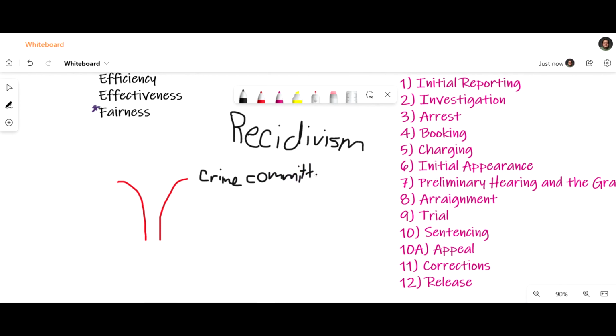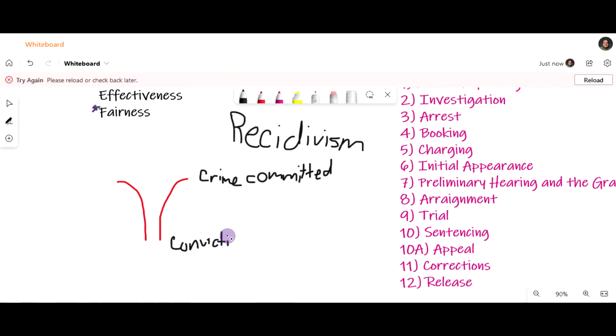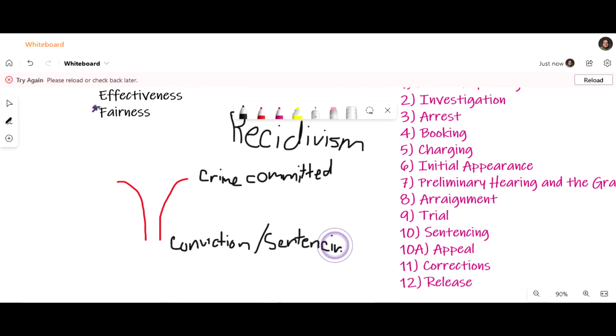committed. It's such a long word for me to write. Okay, so a crime is committed. The initial report goes in all the way down to conviction. Uh-oh. So from when the crime is committed and reported to the time that conviction has happened or sentencing has happened,